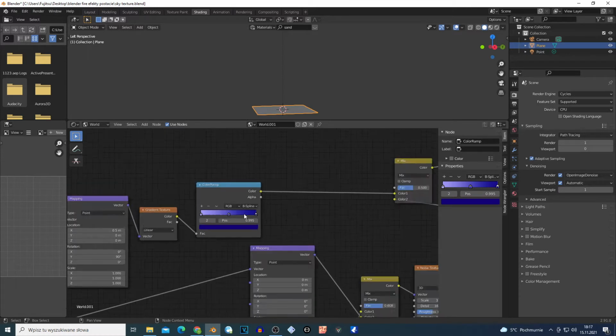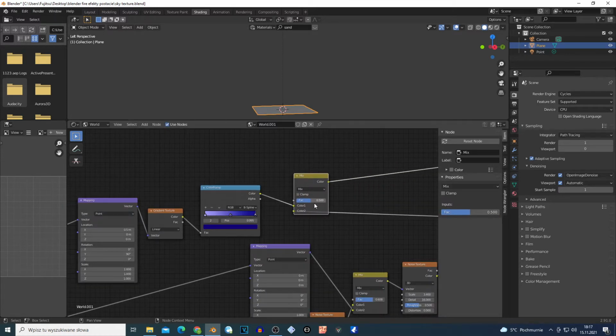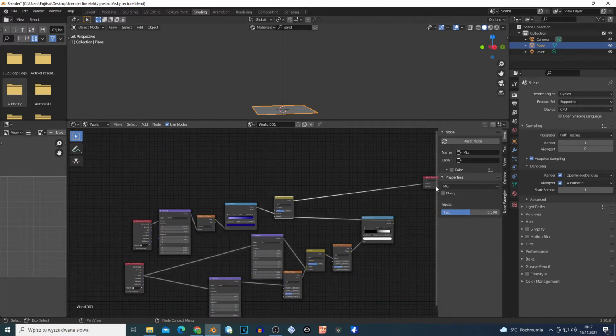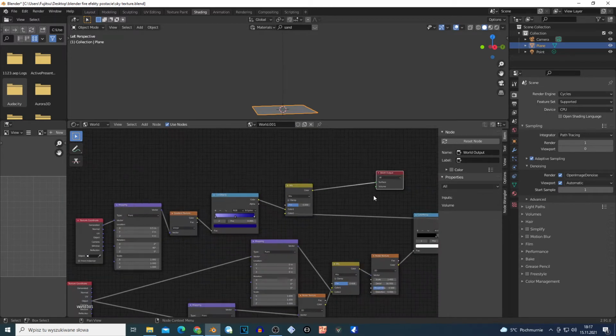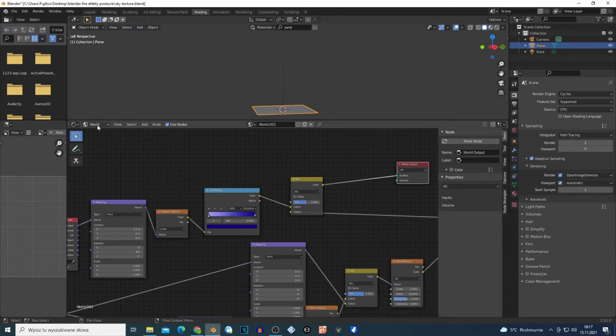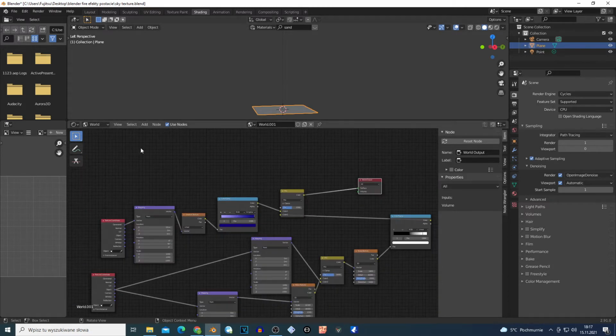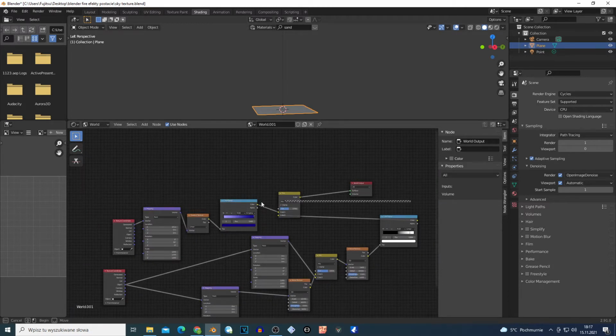And this color ramp goes to the mix RGB on the first color, and this mix RGB goes to the surface right here on the output in this world view. So this is the setup for the sky. It's very simple. You can change the color to have different colors of skies. It's cool. Wait guys, I want to show you the